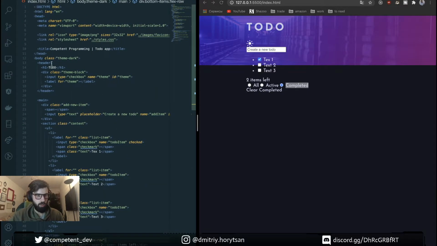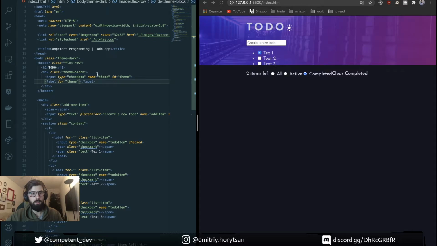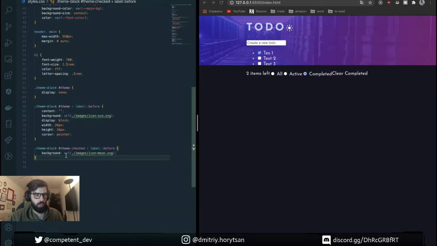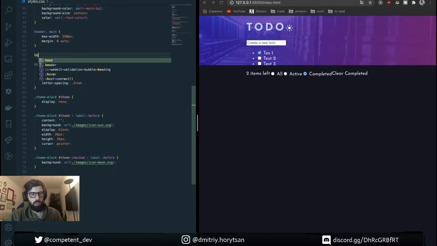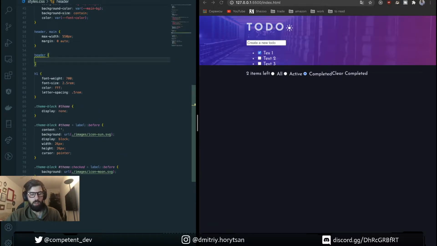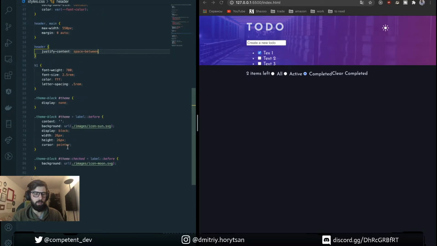And for header, we need to use our class xrow. Yeah, but for header we need justify content space between, so each item will be on the side.